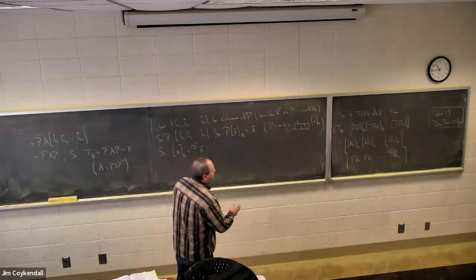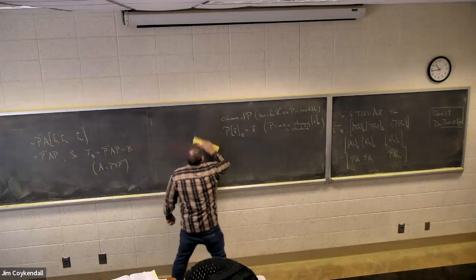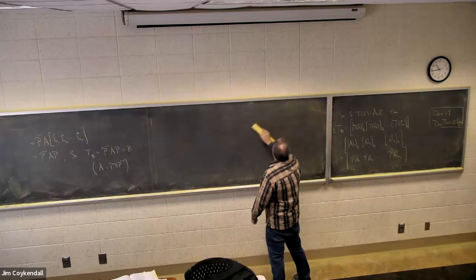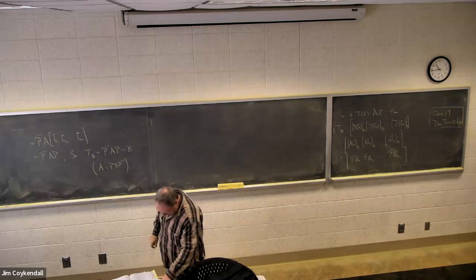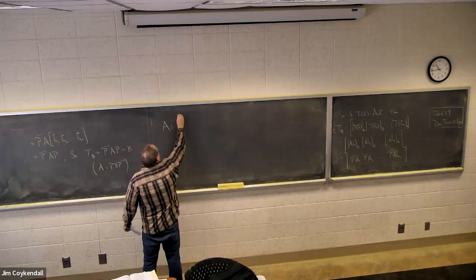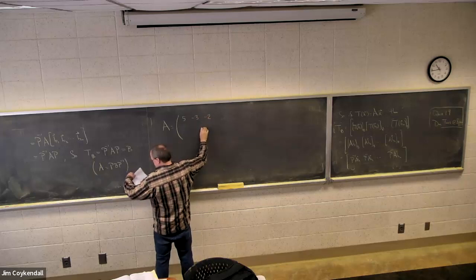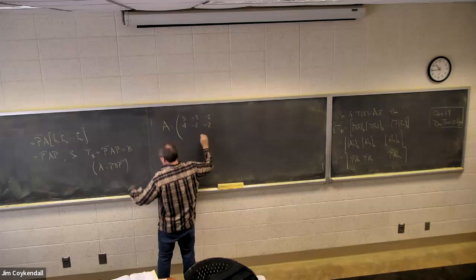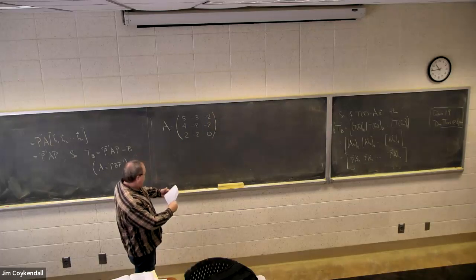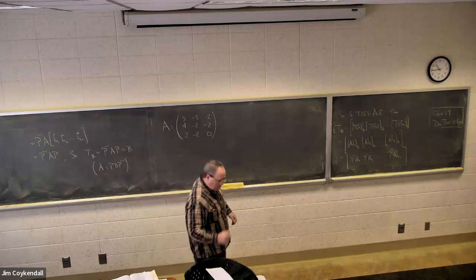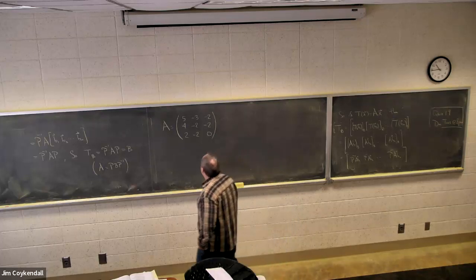Let me show you this coordinate change for a concrete example here. Let's start off, and maybe you'll see the practicality of this. So let me give you a simple 3x3 matrix. Let A equal 5, -3, -2, 4, -2, -2, and 2, -2, 0. Right? Okay. And my instructions on this problem are